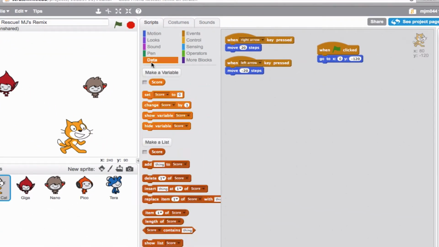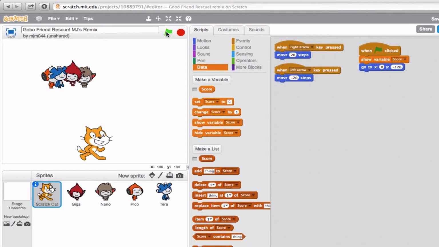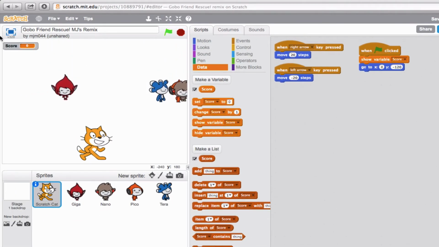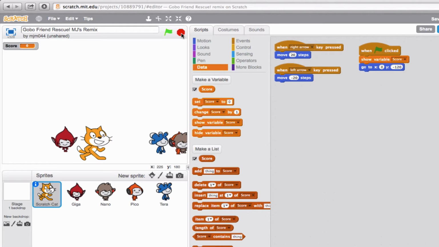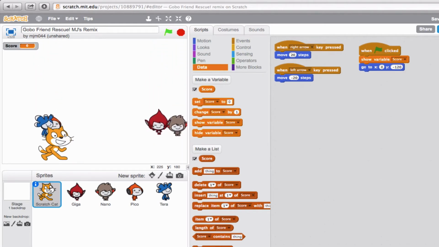And the way to do that is by going to data. And you have your variables here, you have score, and I can go ahead and set the score to 0 as soon as the game starts. So when green flag is clicked, I want to go ahead and show the variable score, which you can see when I hit the green flag, this pops up right here. Okay, so that's good, but I want the score to actually change by 1